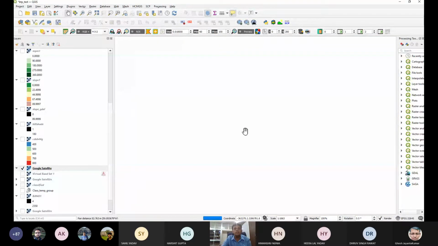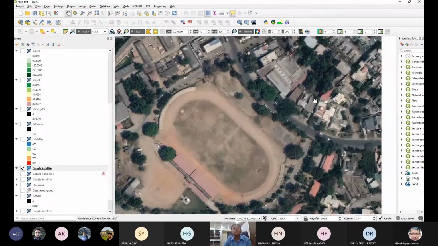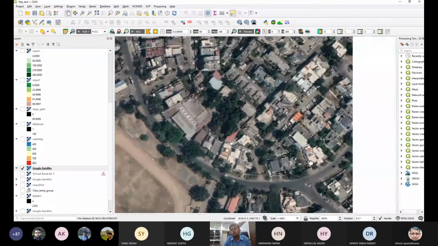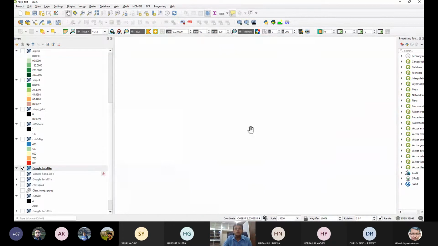you can clearly see that tree, small tree, even some cars, and also this looks like maybe a hockey ground or football ground. I'm not sure. And that road network, you can see all the features. And that really helps you when you don't have high resolution images, you can create your own geospatial data. You can just rely on high resolution Google Earth images. All right.